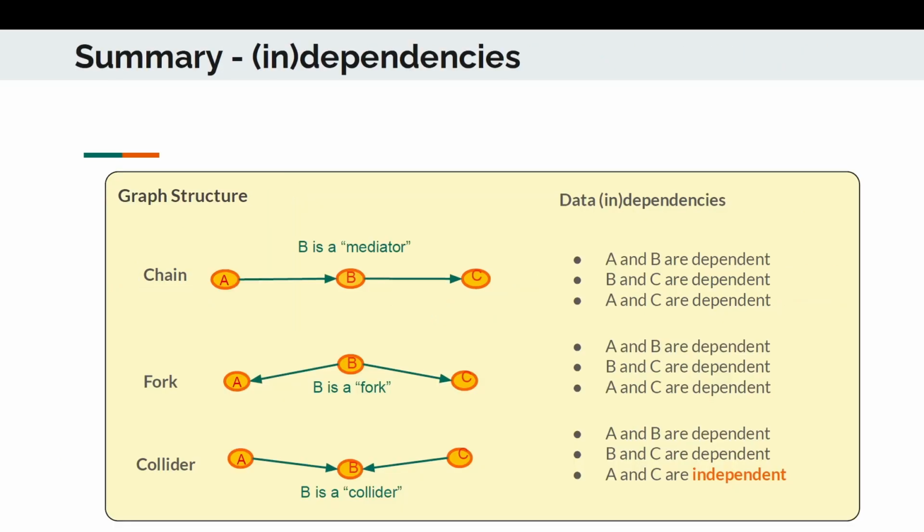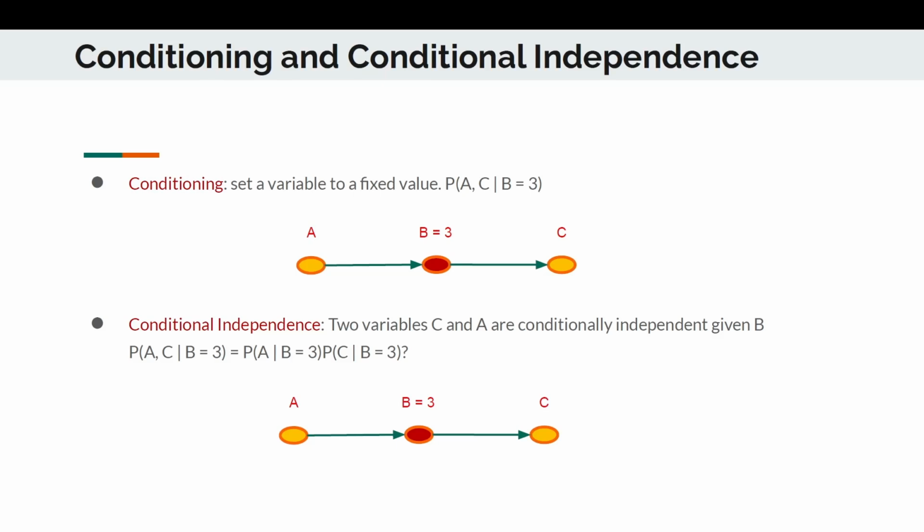Here is a quick summary of how a graph structure itself affects the data independencies. In all of these examples, A and C are not directly connected, but we are able to make comments based on the graph structure and our observations. The question is, what if we wanted to observe the direct relationship between A and C? Because, as you can see here, B has been a common cause between all of these paths. For that,